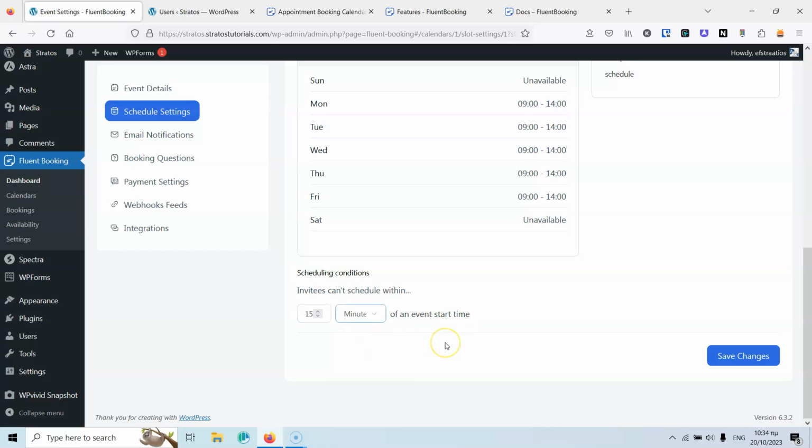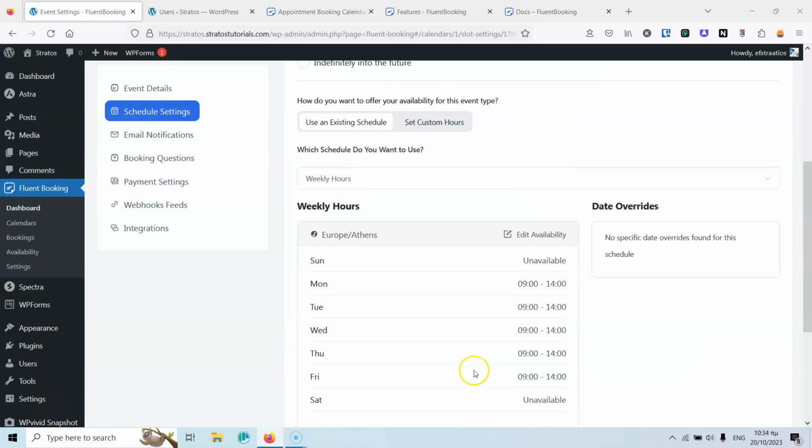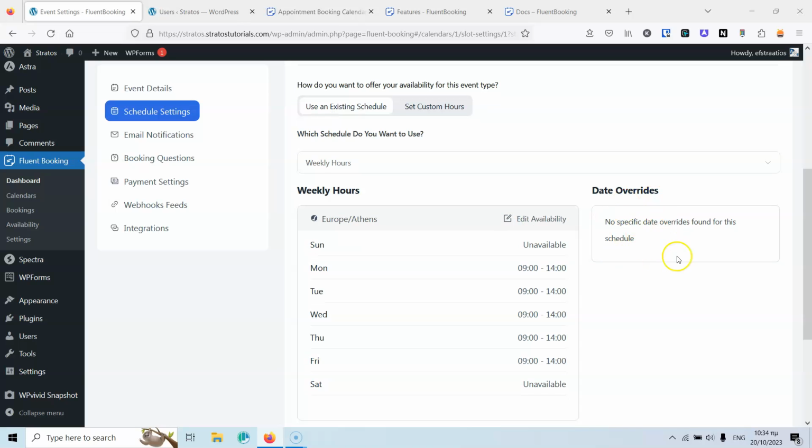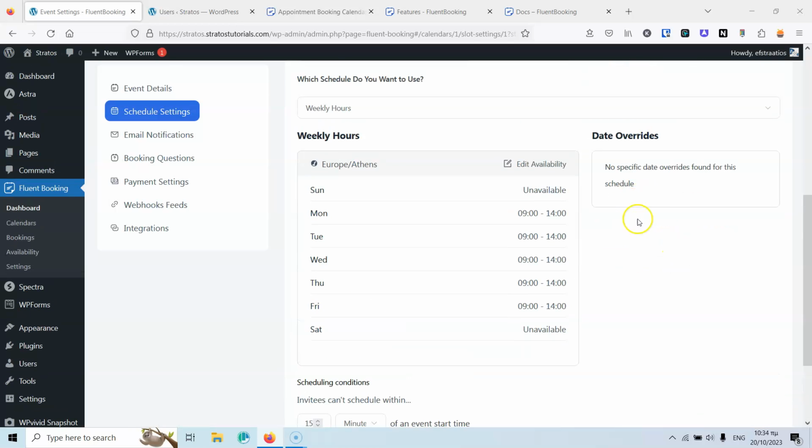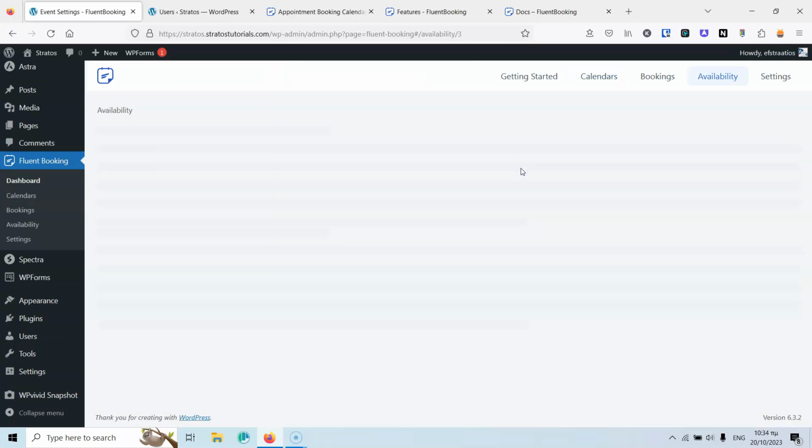You cannot book that, but I would also like to have something after the event ends, and maybe I want to clear the area that I did the service, or I want to prepare for my next booking. So I would like here to have other things as well. Into the date override, I can set that specific dates can be applied here to edit that. So if I edit the availability,